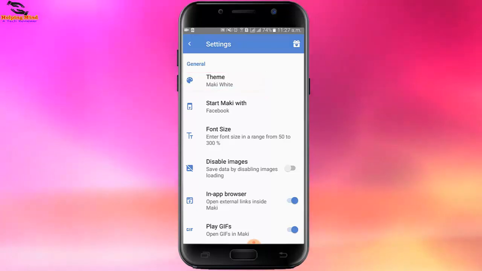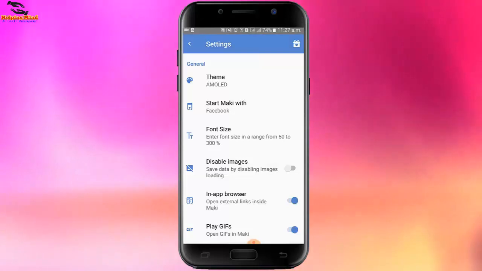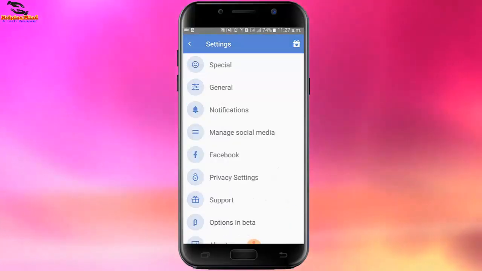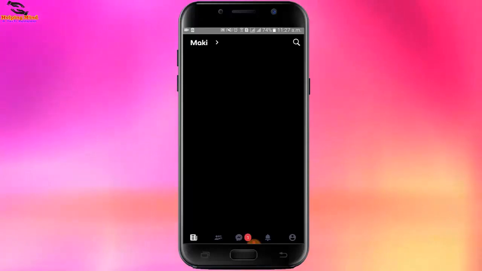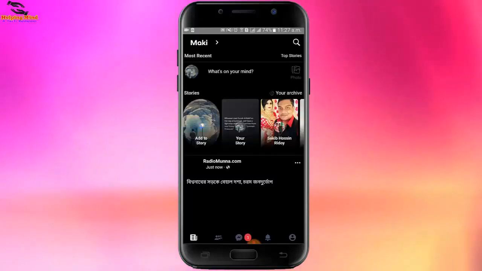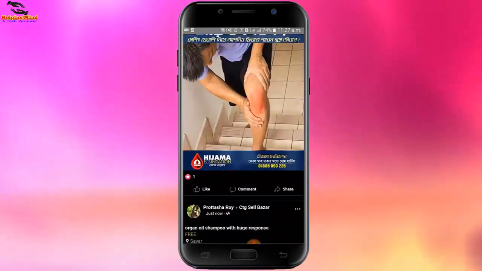I will tap on Theme. Here we can see Amulet. We have to select Amulet, and I will go to my Facebook, and you can see the dark theme is enabled, and successfully the dark mode is enabled on my Facebook app.